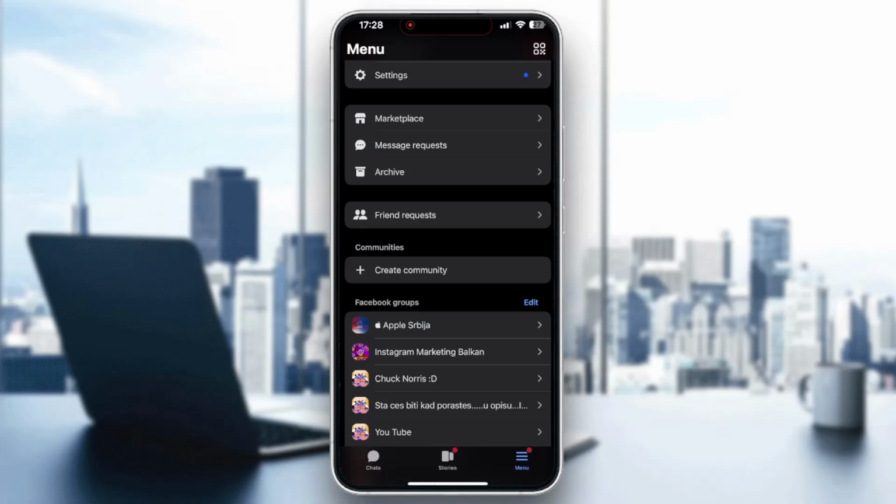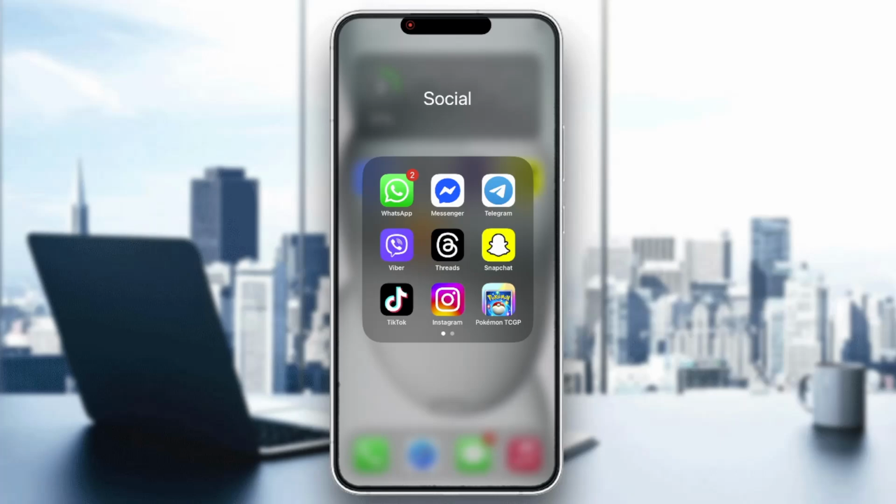So the first thing we want to do is go ahead and open up the official Facebook application. The Facebook application doesn't have a Fingerprint ID at the entrance to it, but what we do have is in the Messenger application. So we're going to go ahead and open up the Messenger application right here. If you do not already have it, you can go to the App Store, search for Messenger, find the application itself. So you can go ahead and open it up, and after opening it up and logging into your Facebook